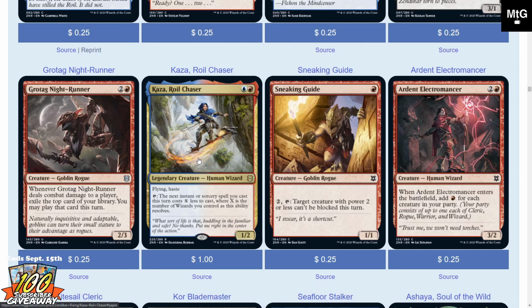We got Kaiza, Royal Oil Chaser. It's a blue and red legendary creature, human wizard with flying and haste. That's pretty decent, but that's common for Izzet colors, you know what I'm saying? It has tap: the next instant or sorcery spell you cast this turn costs X less to cast, where X is the number of wizards you control